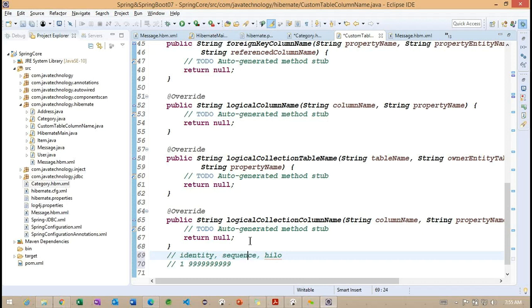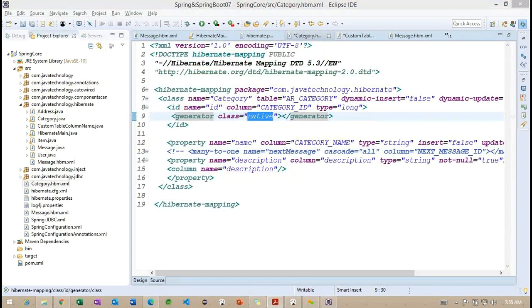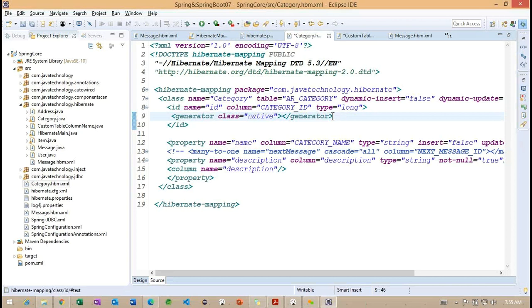So sequence we identified here. Same way, back to this native generator: native is a combination of these three. Right. So these are the generators, and these are the very important generator information we are trying to discuss here. So any questions regarding these generators?